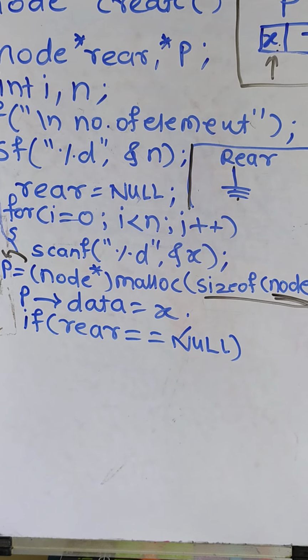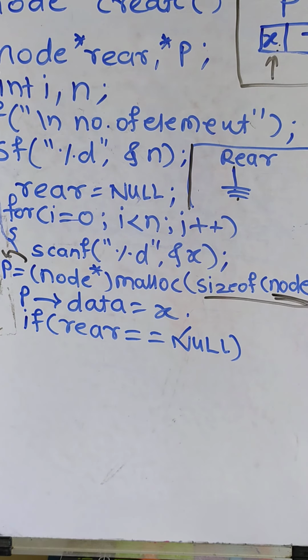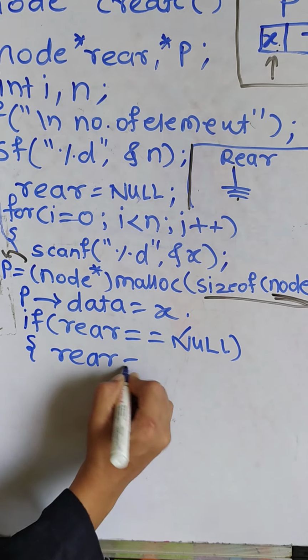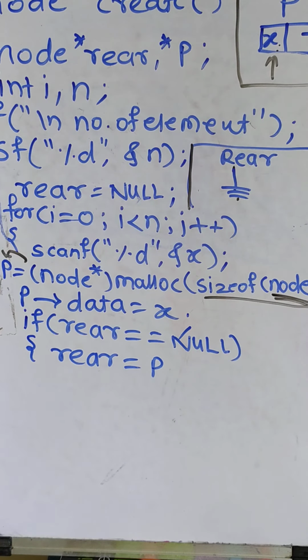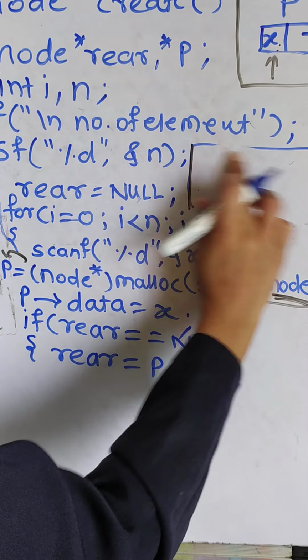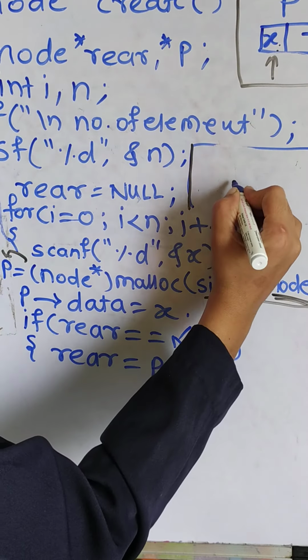Okay, means अभी तक उस लिस्ट में एक भी नोड नहीं है, जो भी हम इंसर्ट करने वाले हैं वो हमारा फर्स्ट नोड है. तो क्या करने का, see if this condition is there, if rear equals null, then rear equals p. rear equals p. क्या बोलेंगे हम, जो भी हमारा p है वो यहाँ पे लाने का है हमें. तो क्या करेंगे उसके बाद, see here rear equals p means rear end जो रहेगा वो अभी किसको पॉइंट करेगा, p को पॉइंट करेगा.